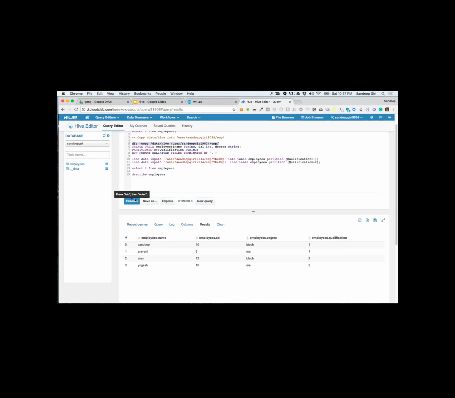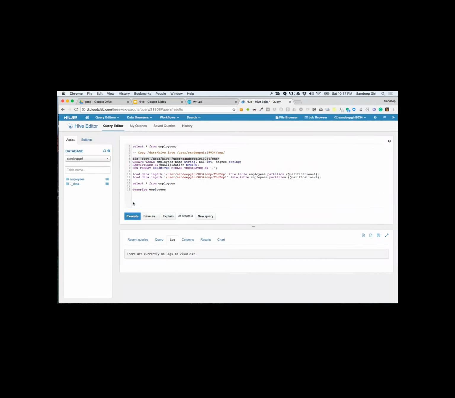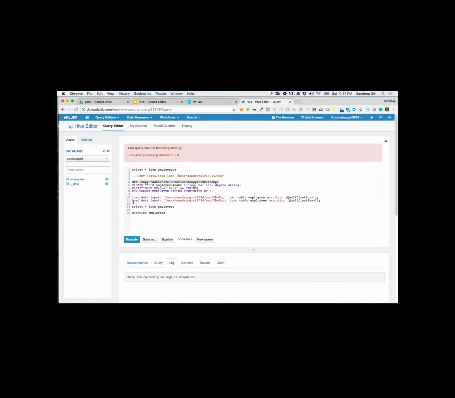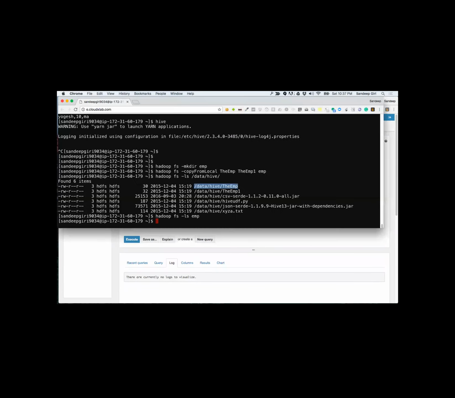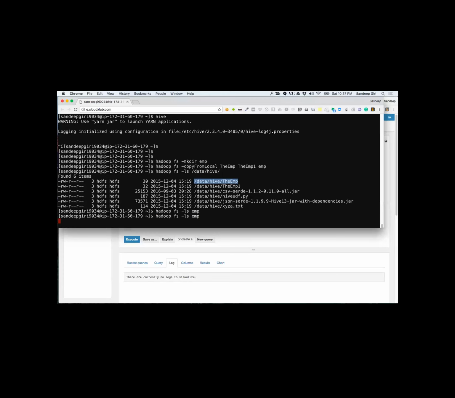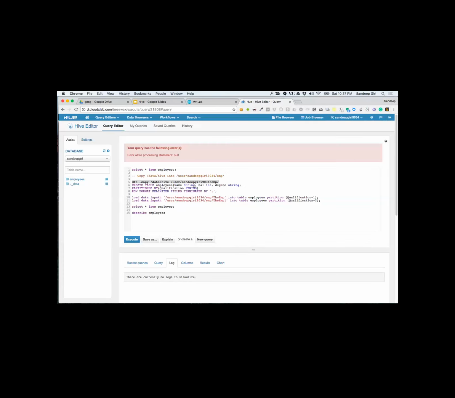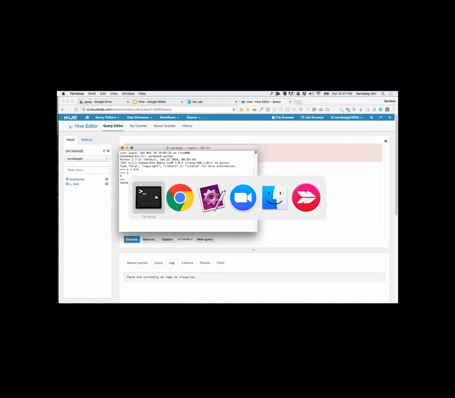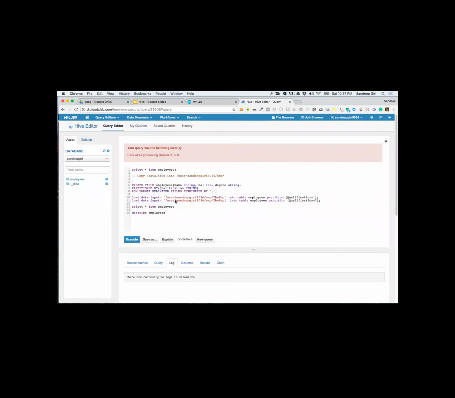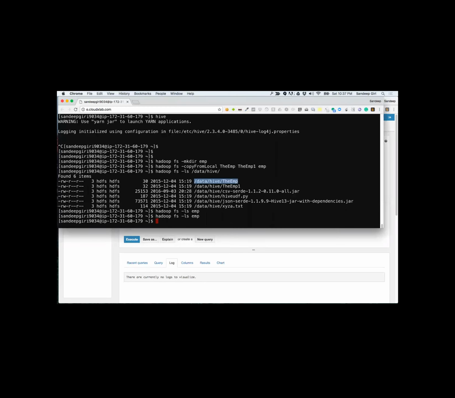Okay, let's see if it works. All right, never mind. So instead of that, I think what we should do is we should use the HDFS. That will be better.